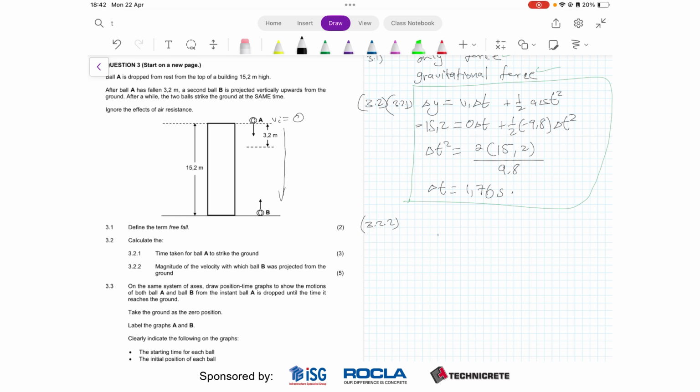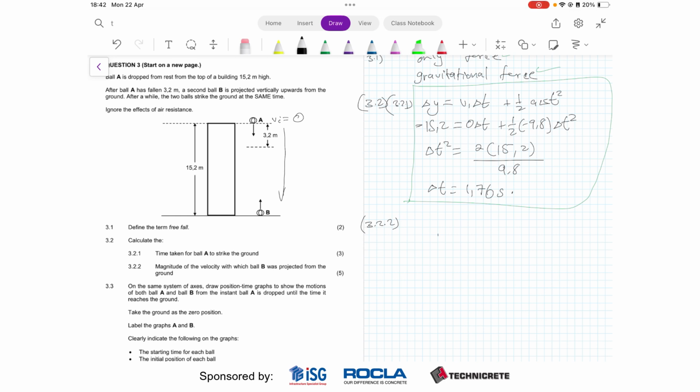So what we can do first is try and find the amount of time it takes for ball A to fall that distance of 3.2 meters, and use that time to find the amount of time it would take for ball B to be projected up,